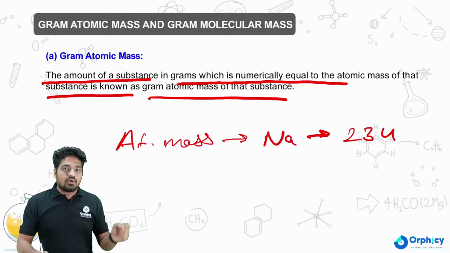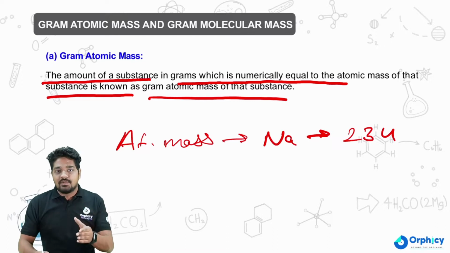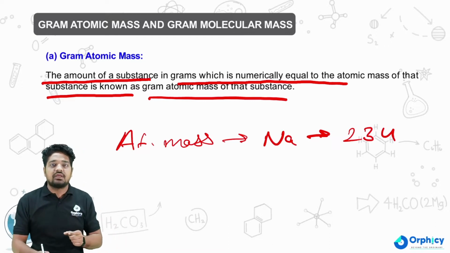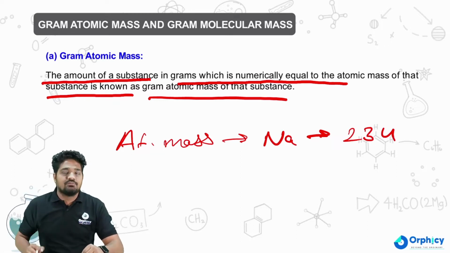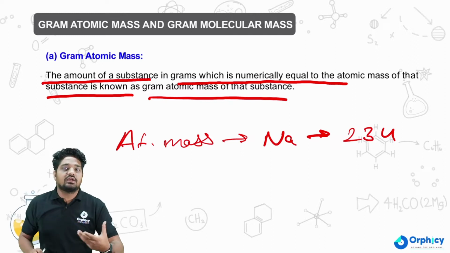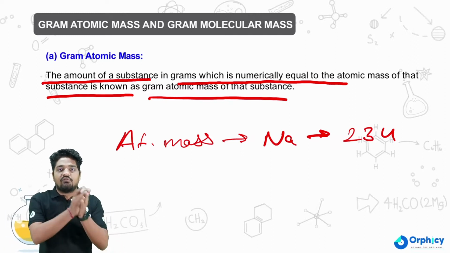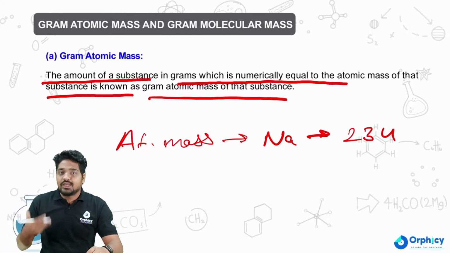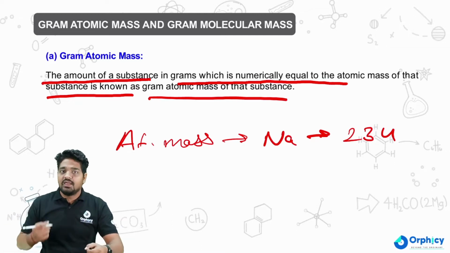And if I talk about gram atomic mass, what will gram atomic mass be, guys? The atomic mass of an element when expressed in the form of gram. If I represent it in gram, then that would be termed as gram atomic mass. Now the most important thing is why the atomic mass is expressed in the form of gram. I will explain this further very well, but for now,